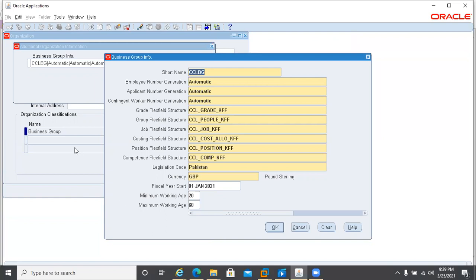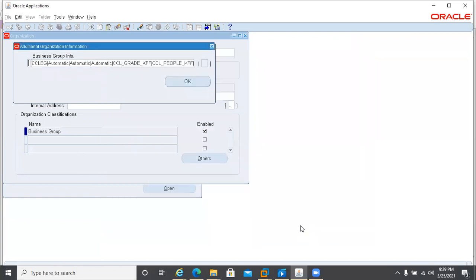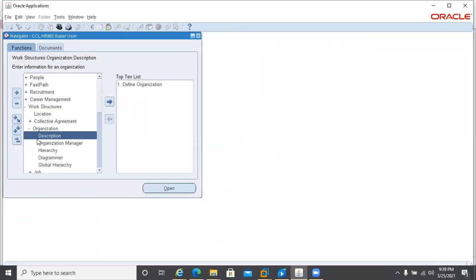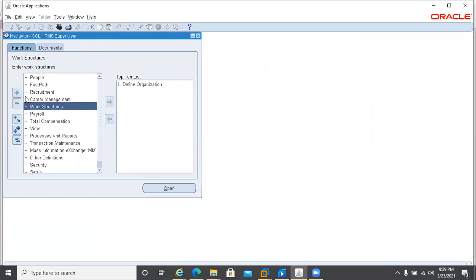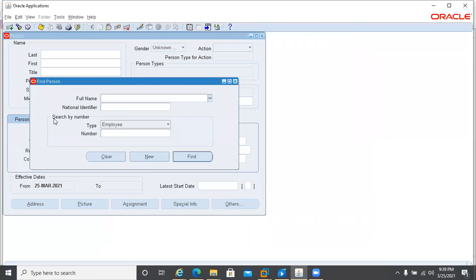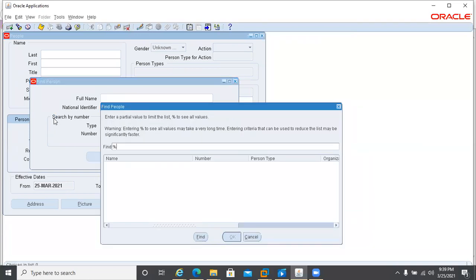Do you have an understanding of what I'm trying to tell you now? Do you have any confusion on it? Because now you see, for CCL HRMS super user, once we set the profile option, you cannot see any other data. See, I write down percentage,